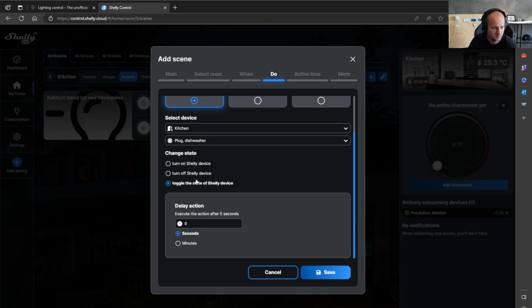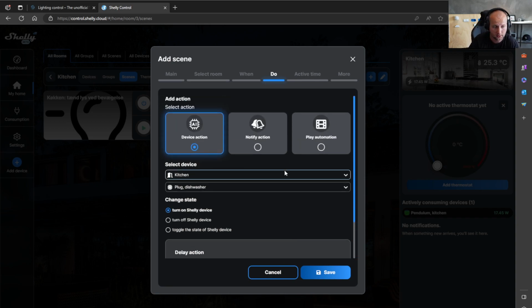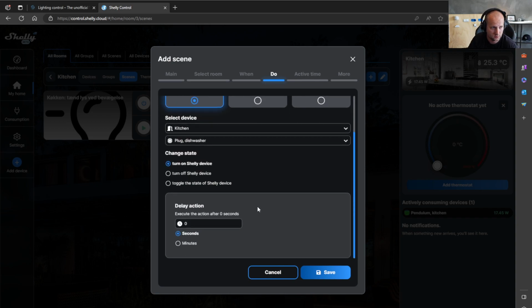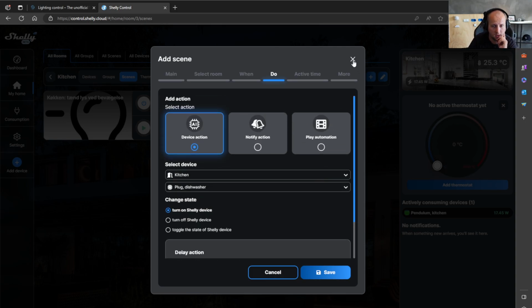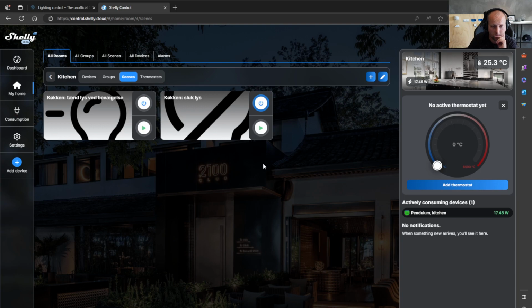No, not from here. Okay, I'm sorry. I thought I could pick the color right here. So this might be a missing scene functionality. So then you need to do it by HTTP request. And with HTTP request, you can do it because you can select the color you want to use.